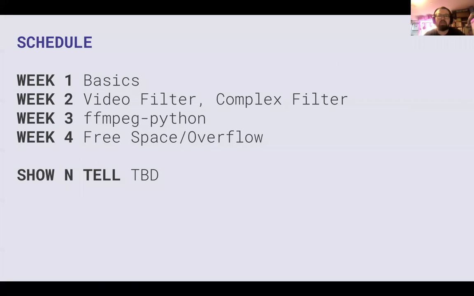From there, we'll jump into some of the bigger, more expansive stuff. The place we'll start is video filters. Video filters are the most important part of doing anything complicated in FFmpeg. And then beyond that are what are called complex filters. Complex filters allow you to do a lot more sequencing of different effects. Basically, you can think about complex filters as: I want to do more than one video filter in an order, and that's what a complex filter is. So we'll talk about that way more next week. We'll look at an example or two this week of how to do that, but we'll really dive in deep